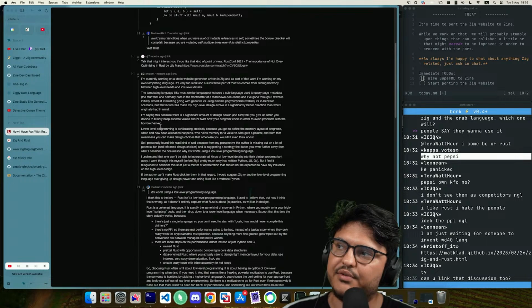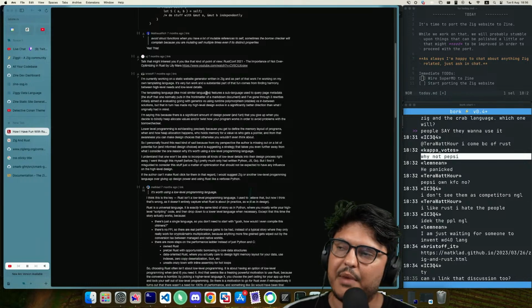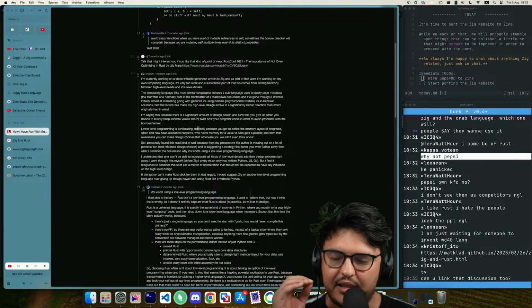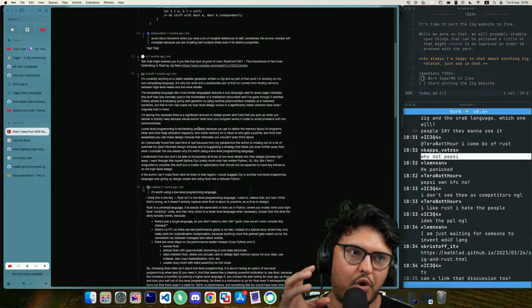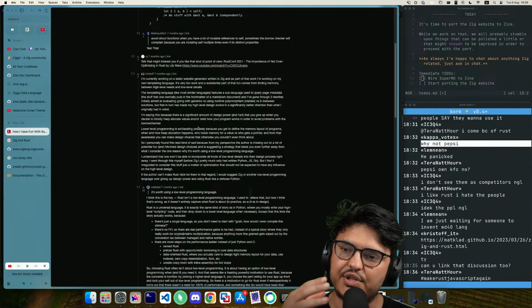And my reply to this was, well, okay, if that's how you have fun with Rust, then you're just not having a lot of fun in the first place, because in my opinion, the whole point of using a low-level programming language is that you get to design what happens to the memory. You get design control over things that you cannot control in higher-level programming languages. And that's the whole point.